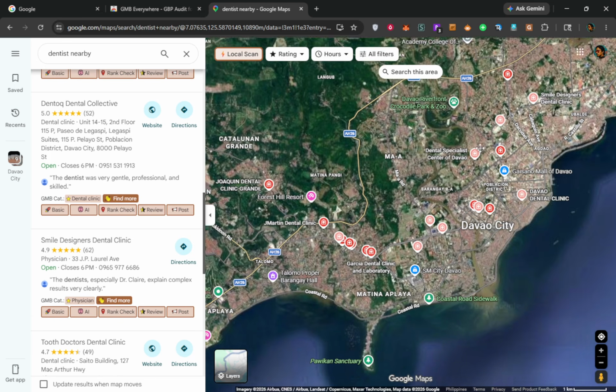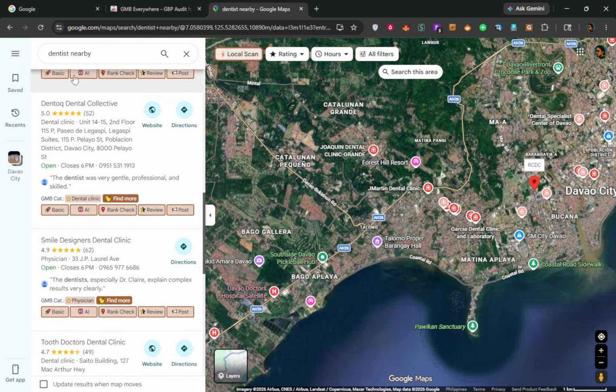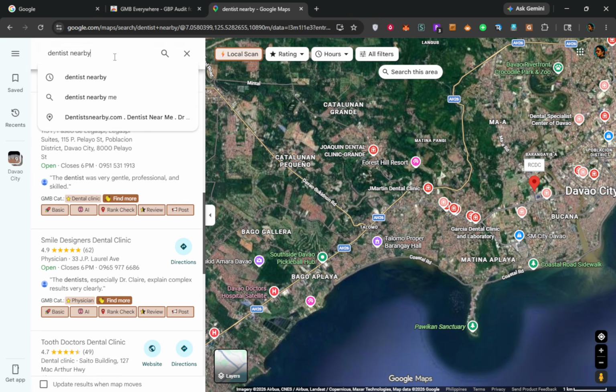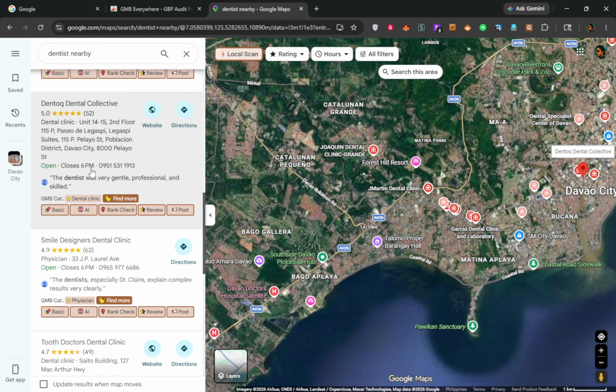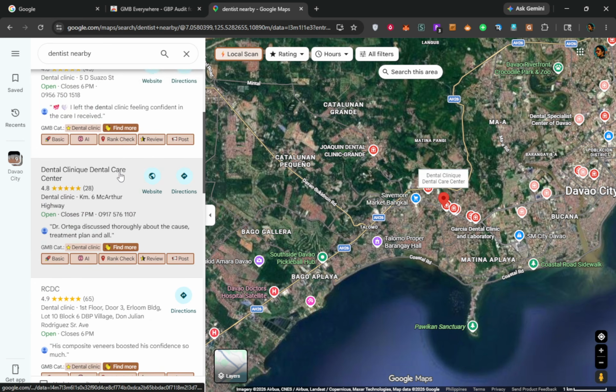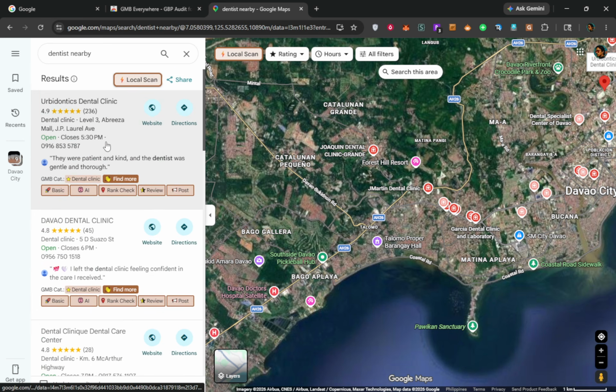That's it. You've successfully added GMB Everywhere to Chrome. From now on, when you search on Google or explore Google Maps, you'll see added Google Business Profile features and simple audit tools woven right into your results. It's a lightweight upgrade that can save time and surface insights faster, especially if you're comparing competitors or validating categories.